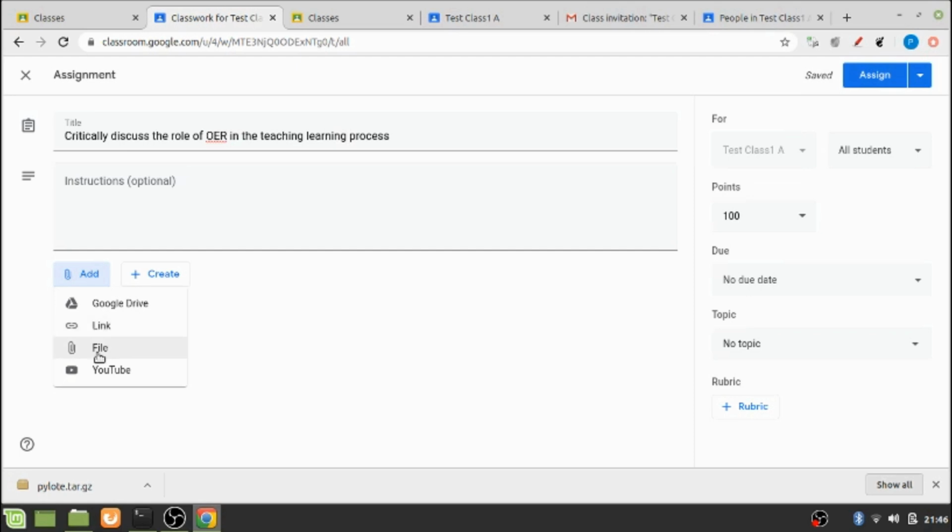I can attach a file which is already available on my local device, or even I can upload a YouTube video for reference to my students against this assignment. Again, I can create this assignment in any of the forms like Google Docs, or slides, or sheets, or drawings, or forms. So for now, let me just create my assignment in this way.